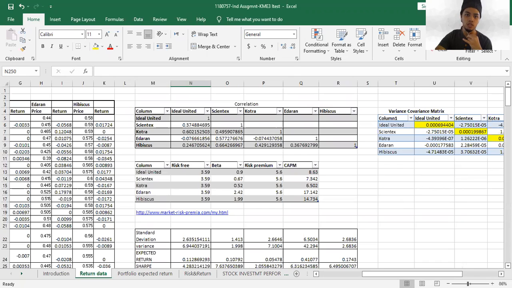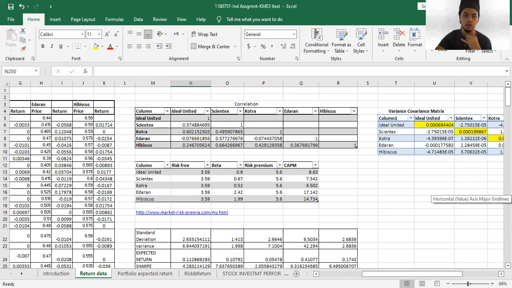So this table is the correlation. Correlation is a measure of the relationship between two variables, meaning the relationship between two companies. This is important in order to determine whether the relationship is negative or positive. For a negative value, the two variables move in inverse directions, while for a positive value, they tend to move in the same direction. From a portfolio perspective, it is better when the two variables are negative, in order to negate